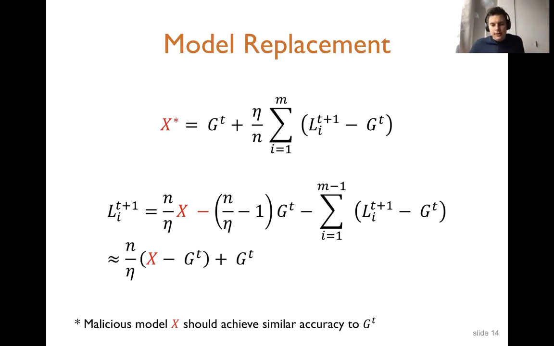The intuition here is the following: especially if the attack happens towards the end of the training, then all these participants kind of cancel each other out. And there is work that shows this phenomenon that in a very high-dimensional space, all the vectors are orthogonal. So there are a lot of vectors orthogonal to each other, and then they sum up to a very small value. So we can ignore it here, and the attacker has no way to know what the other participants' data is.